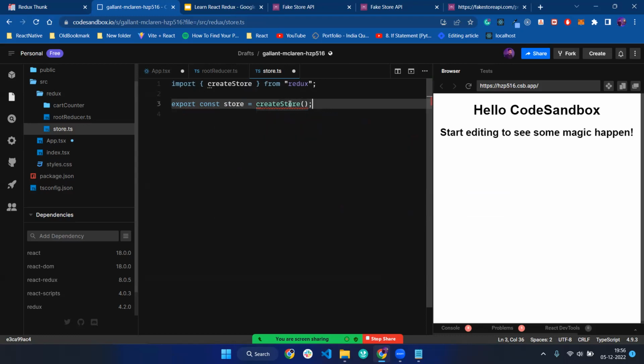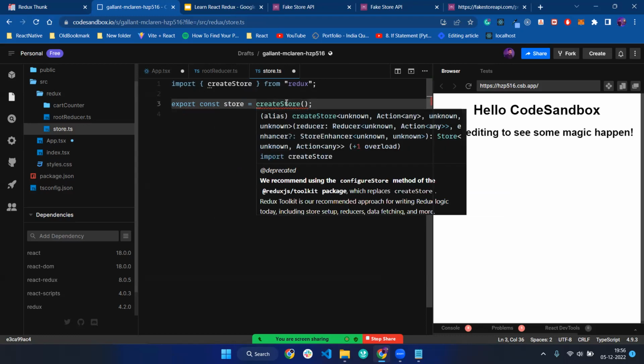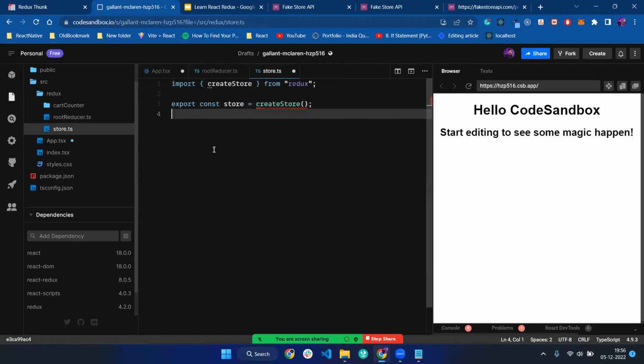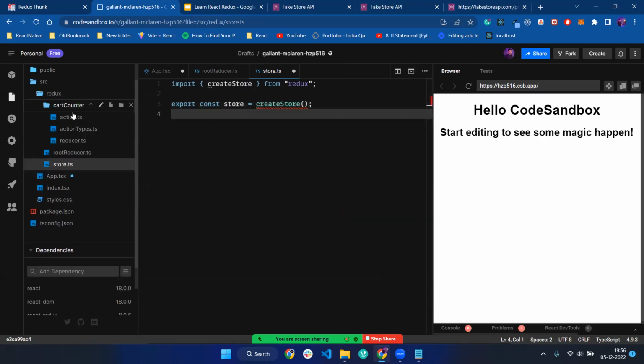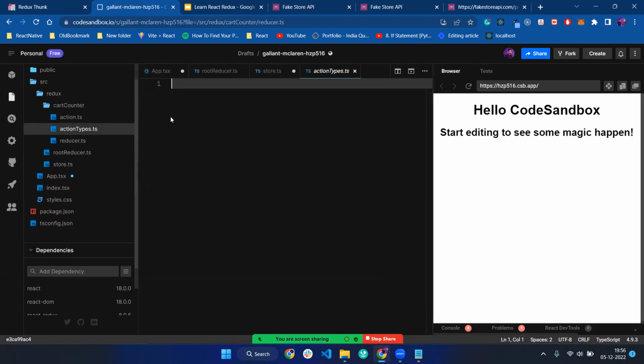It's called a reducer. createStore takes two arguments. One is called the reducer, another is called the store enhancer. So we have to create a reducer. First of all, go in the counter app. Okay, I create like a